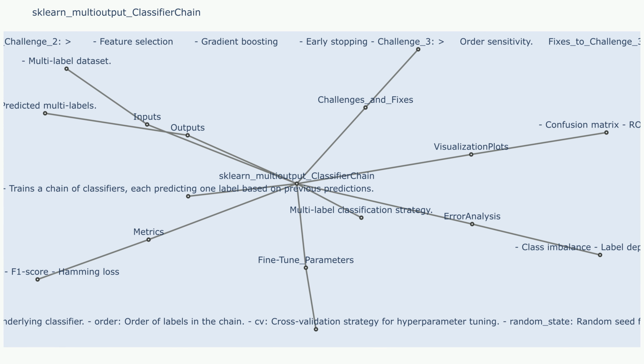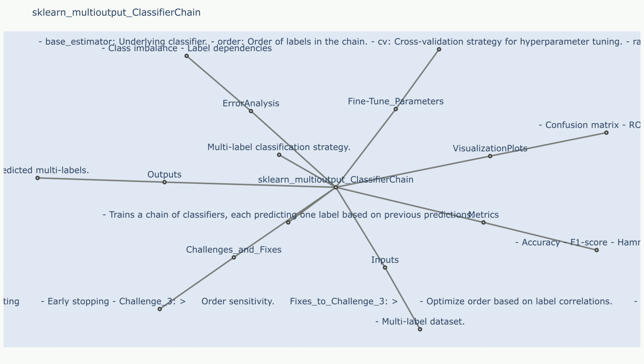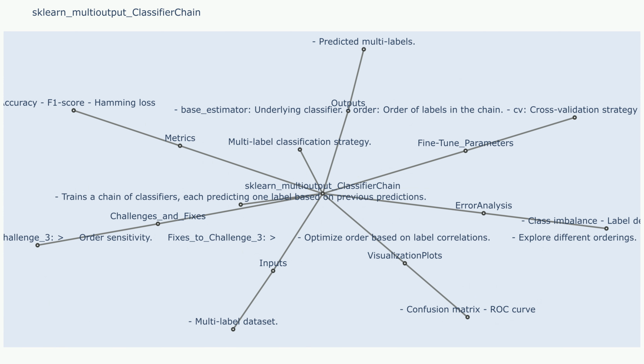The choice of base estimator, e.g., a random forest or logistic regression, has a significant impact on the performance of the classifier chain. The ordering of the outputs can affect the performance of the model, as the chain assumes that there is a causal relationship between the labels. Confidence scores for each prediction can be obtained by averaging the probabilities across different classifiers in the chain. Bayesian methods can be employed to estimate uncertainty in the predictions, especially when the base estimator is a probabilistic model.